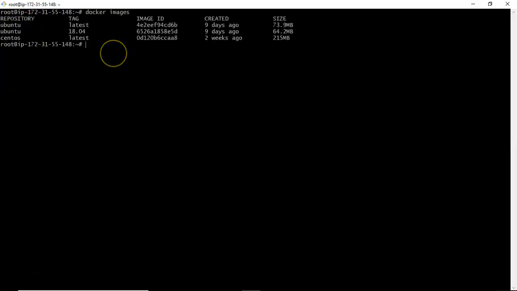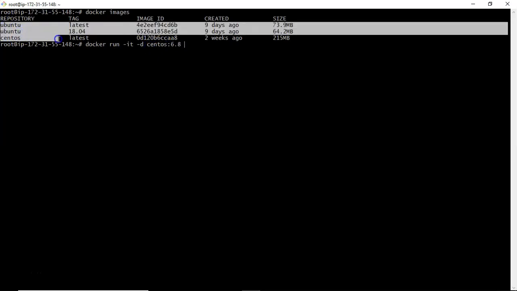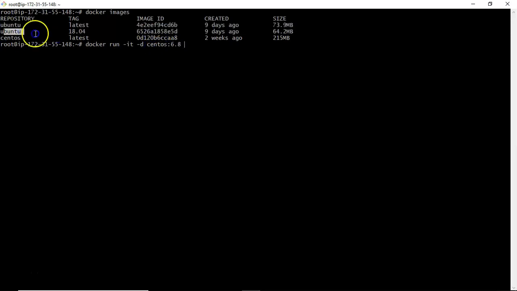Now I am creating a container: docker run -it -d centos:6.8. Now if I enter, it will create a container with this image. As of now, that image is not there on your Docker host, no problem. If it is there, it will use that image.